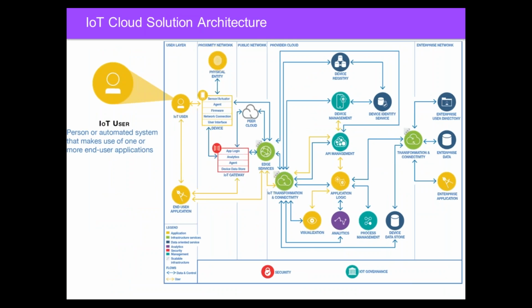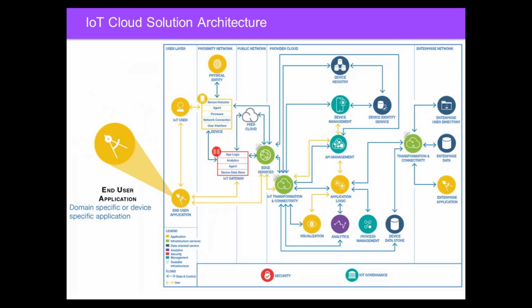The first component I want to talk about is the IoT user, the person who's trying to interact with the system. Typically, that is somebody using some type of mobile device to interact with the system, and we're going to be able to give them some information about a particular physical entity, the sensors that are collecting some data. They may also interact with another application as well, and we're trying to bring that data together to make sense and give you a little bit of insight. So we move to the next slide.